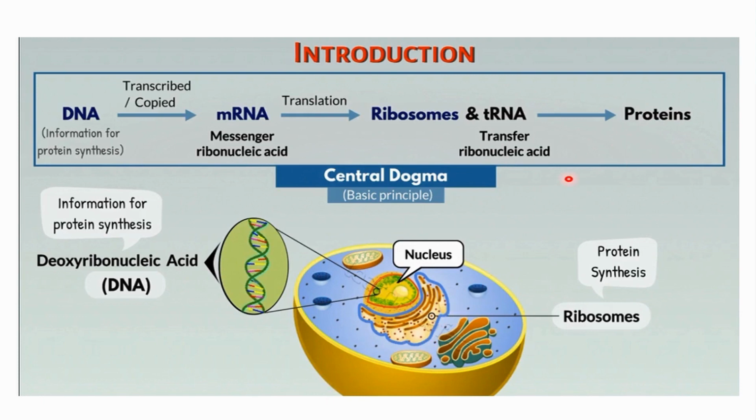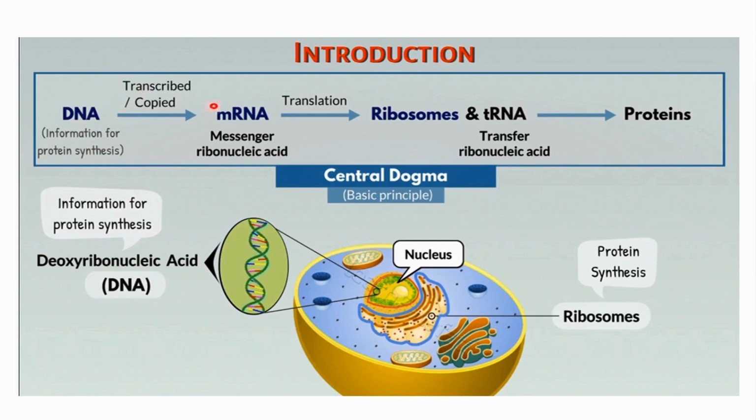For example, each cell has its own functions. In skin, we have cells. We have muscles, and inside that muscle also there are cells. We know all cells have different functions. So who decides what function you have to do? The central dogma principle makes them decide. Generally all the cells are the same in structure, but which cell will do what is decided by this principle. So coming back over here, you have to understand this figure very carefully.